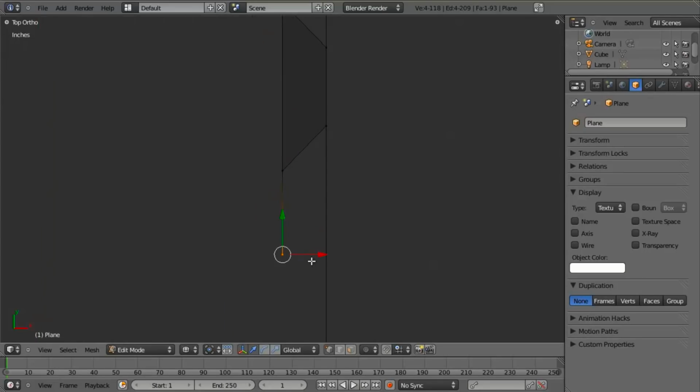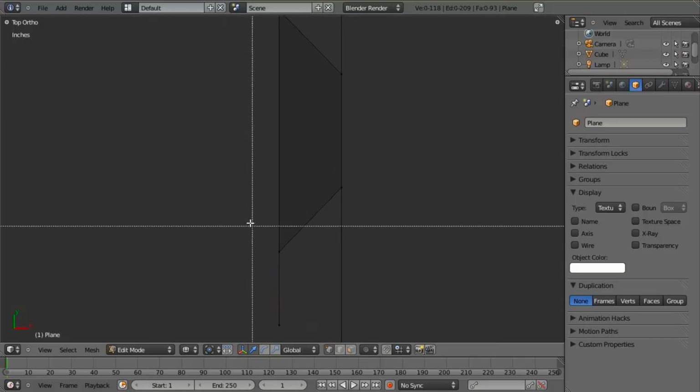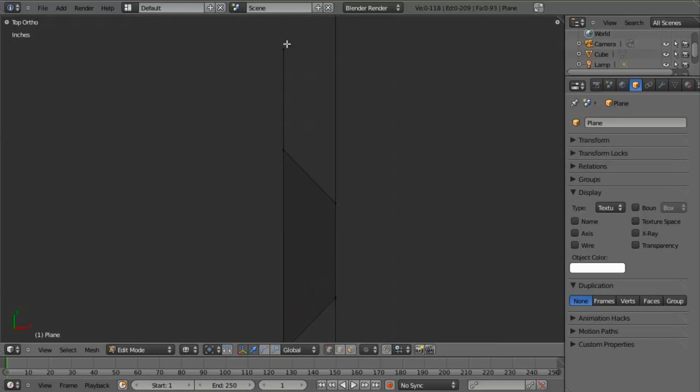And that's definitely the wrong way. So we can see, we'll just bring it in to right about here. And then we'll go ahead, we can hit Shift S, selection to grid, and then we'll grab each one of these as well, selection to grid. Okay, and we need to grab this one, and we'll just take all these actually. Selection to grid, and selection to grid. So really what this has done,